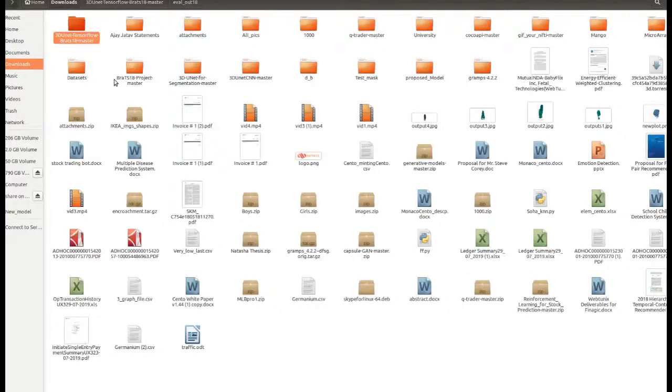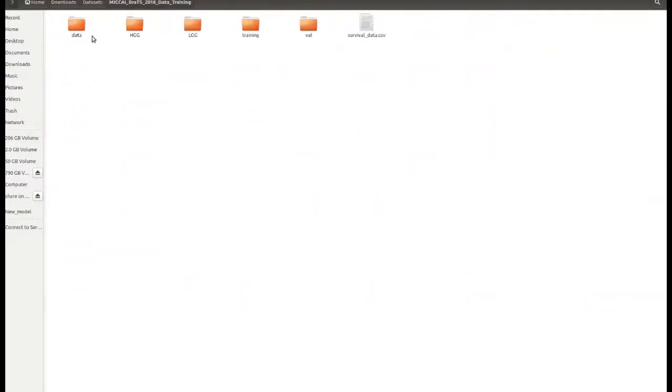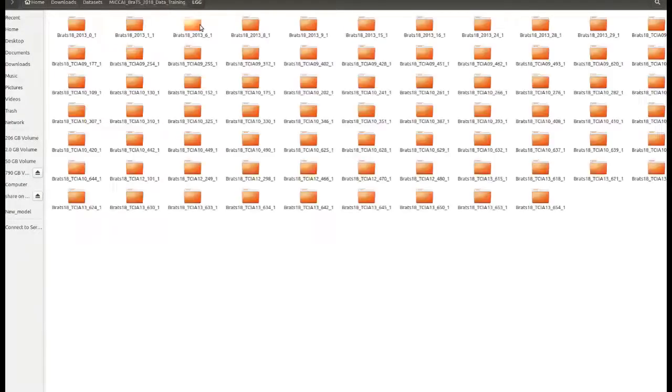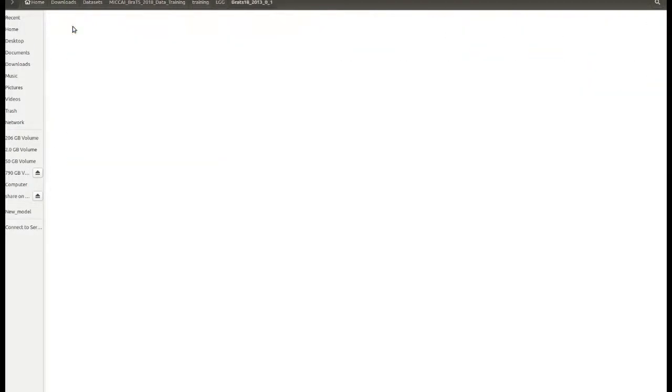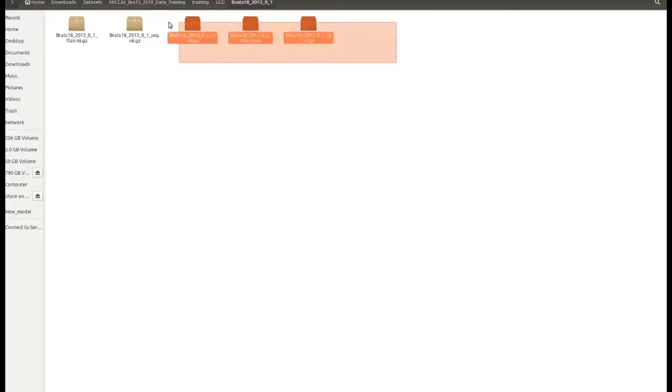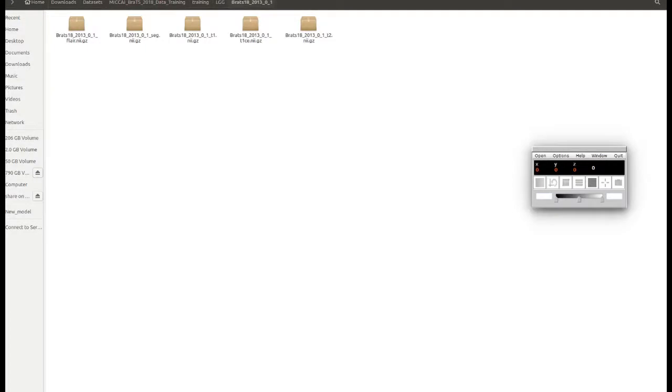Once you ask them to share the dataset, you will have a dataset something like this. The dataset folder contains HGG and LGG folders, and you need to put all the data in the training folder where you can train them. Each folder contains a subject, where each subject contains 4 parts and 1 segmented part, which is the tumorous portion of the brain. I'm going to use a 3D tool, named Mango, to visualize these images first, and then I'll tell you why I'm doing this.